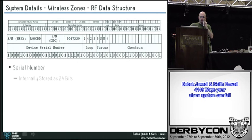So the serial number, which is the first part there on the left, is internally stored as 24 bits. So this is 48 bits that's being sent out every time as a...